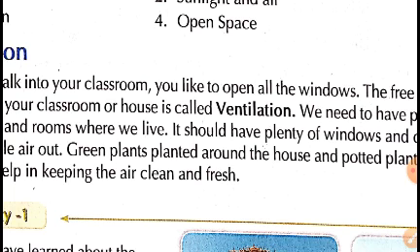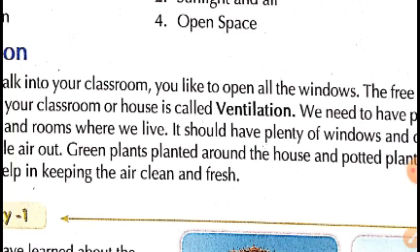That is very important. In order to have proper ventilation in a room, we need enough number of doors and windows. So when we build a house, we try to have enough number of doors and windows. The doors and windows should face each other to allow the free flow of the air.